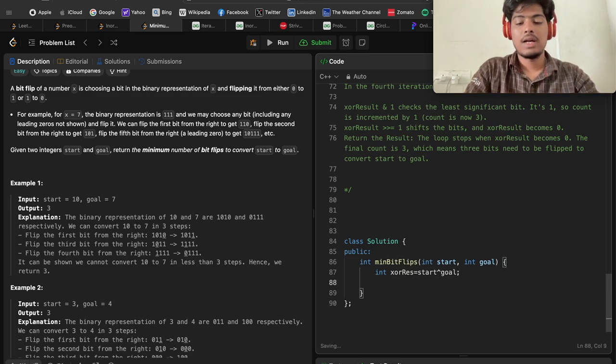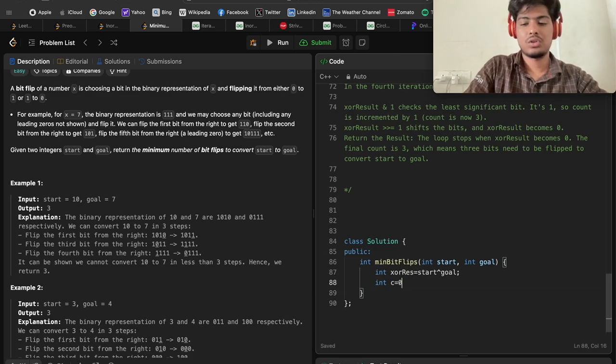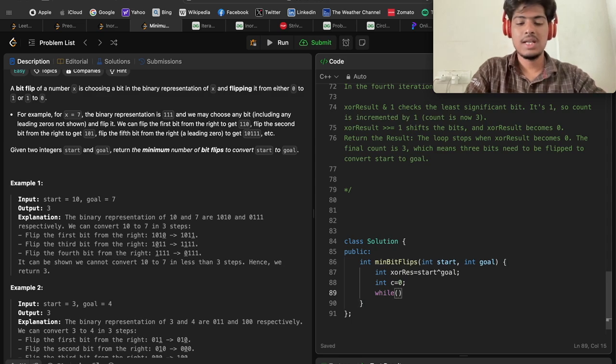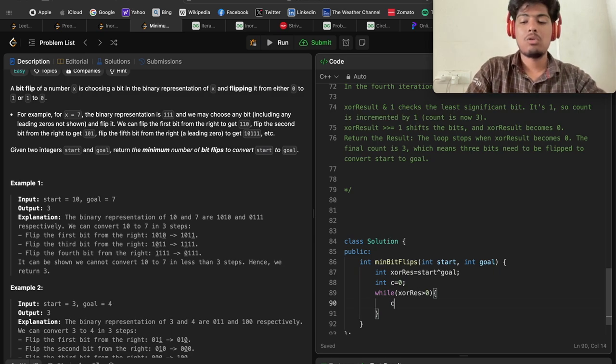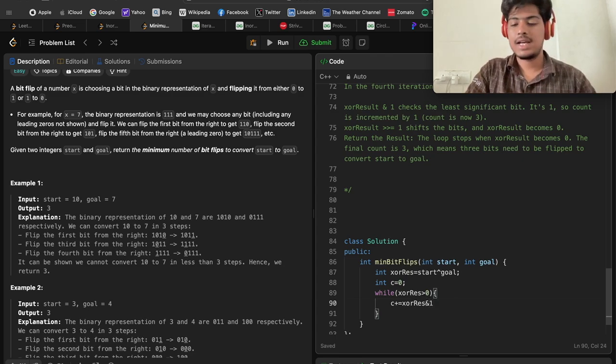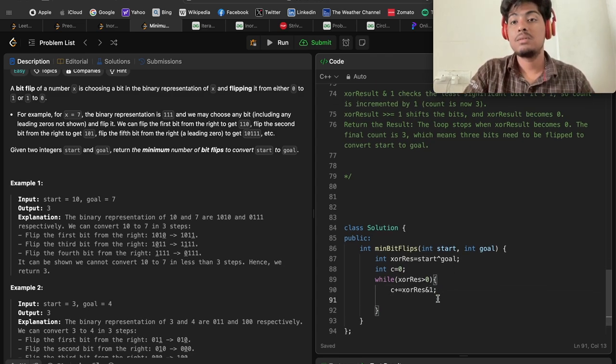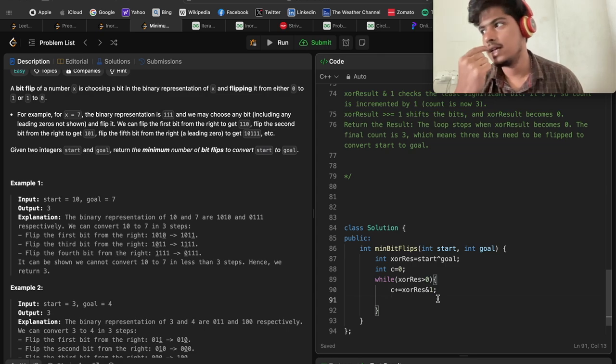Now what we will do, I am creating a count, int count equals to 0, and I will apply a loop while my XOR result is greater than 0. As long as my XOR result is greater than 0, I will use these steps. Now what will I do, count plus equals to, XOR result and 1. What I did here is that whatever